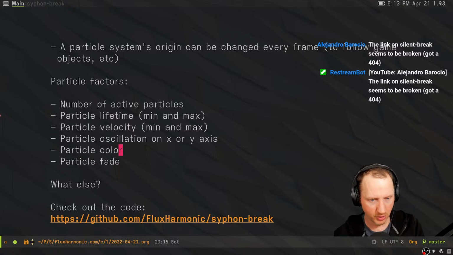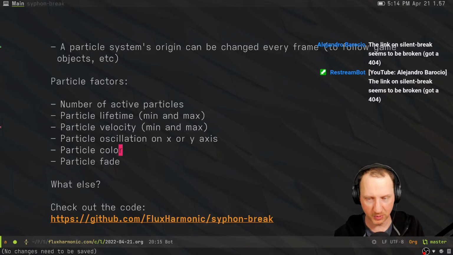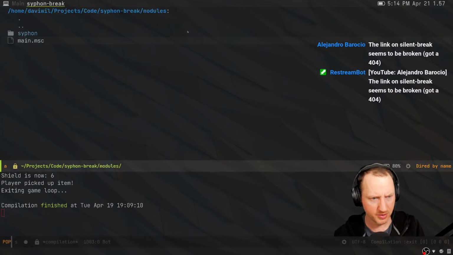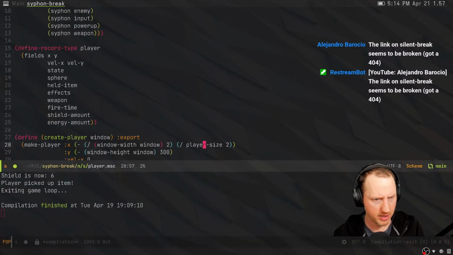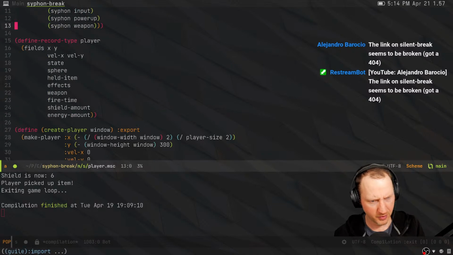Particle color. That's going to be interesting because if you want to actually fade the color from one to another, then you're going to have to do some interpolation between two colors, which, you know, is not as straightforward as it might seem. Okay, let's go back to our code for the player. Let's go to the player module, actually, player.msc. So what I would want for a given player,